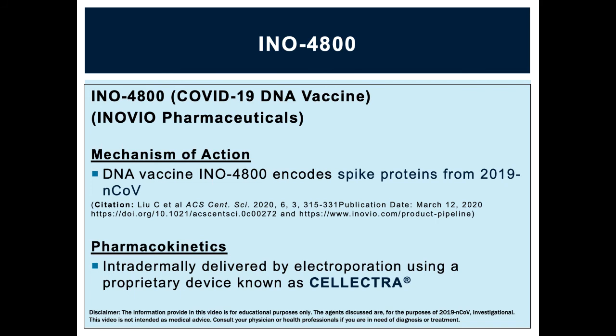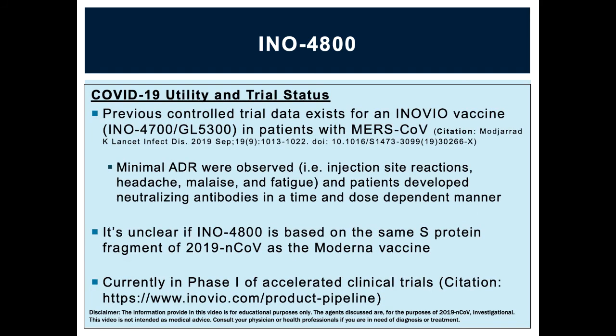Much of what's known about INO 4800 comes from the company's website and is also based on the patent application for INO 4700, which was another DNA-based vaccine in their pipeline for MERS-CoV. In the case of INO 4700, it's thought that this DNA vaccine based on the spike protein significantly induced both humoral and cellular immune responses, leading to increased titers of IgG and neutralizing antibodies. At the present time, it's unclear if INO 4800 is based on the same S protein fragment as the Moderna